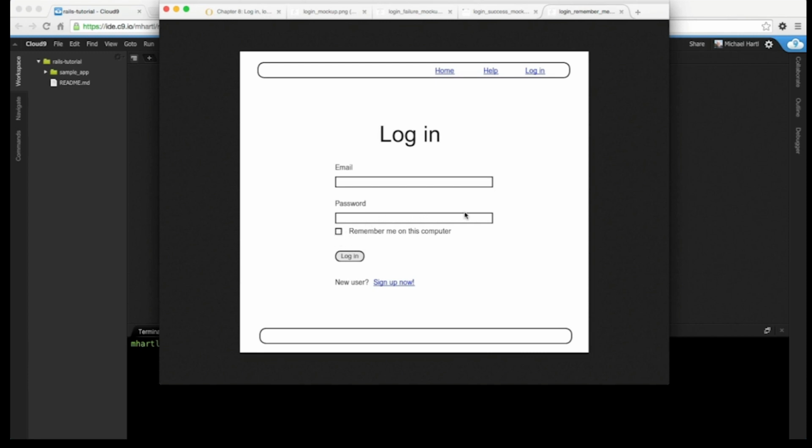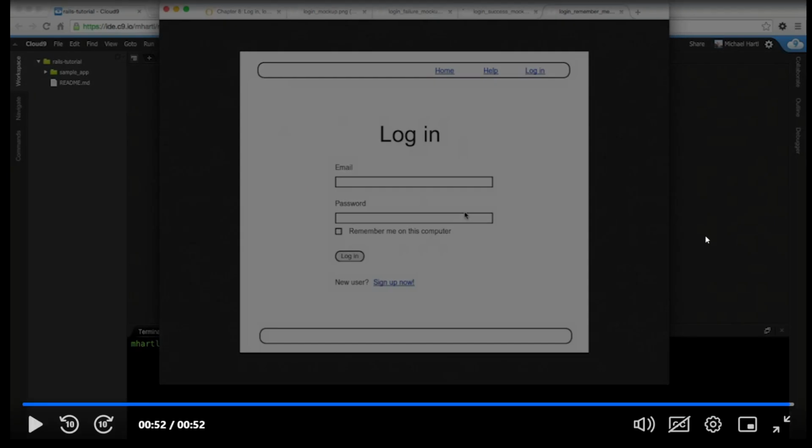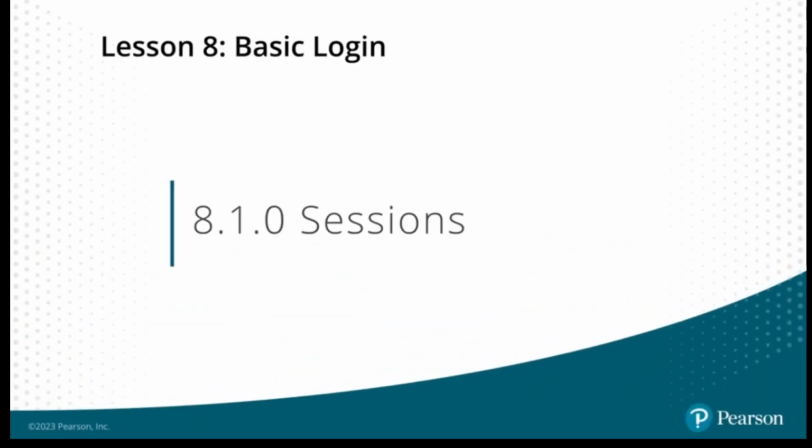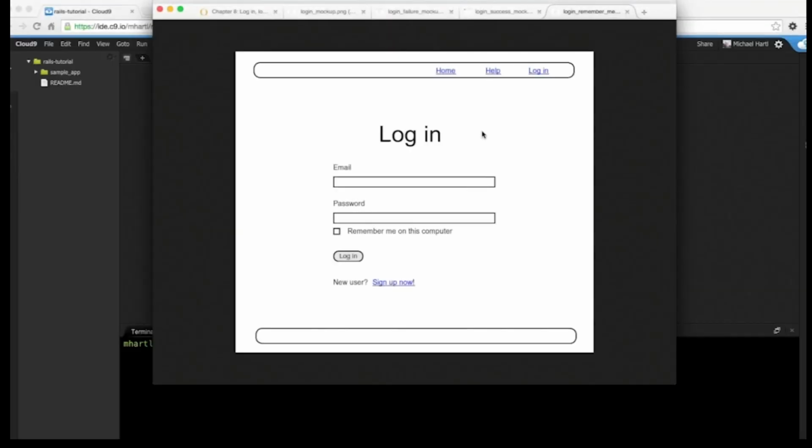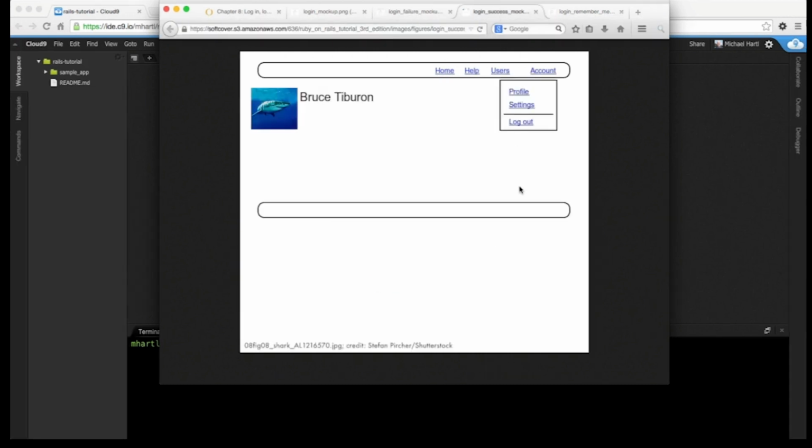This is by far the most challenging lesson so far, but especially if you've never implemented a form like this before, it's really like magic. You've seen this over and over again, but in this lesson we're actually going to make this thing work. So let's get started by talking about the basic theory behind this sort of login idea. The basic idea behind login is that once a user is logged in, we'll be able to customize the view, for example, like this. We'll be able to